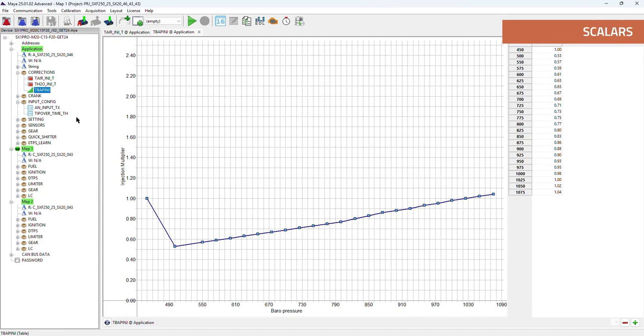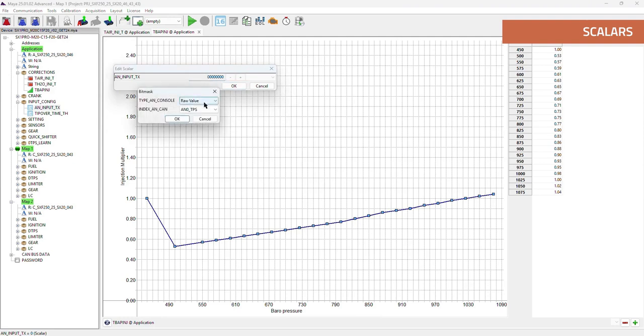Scalars, in turn, are of two types. There are direct scalars, where the value directly represents what we want to modify. So that's the value we'll actually enter, or bitmask variables, which are digital representations of a tight series of selections. To open them, you need to double click. And in this case, there are drop-down menus with fixed options that I can select.